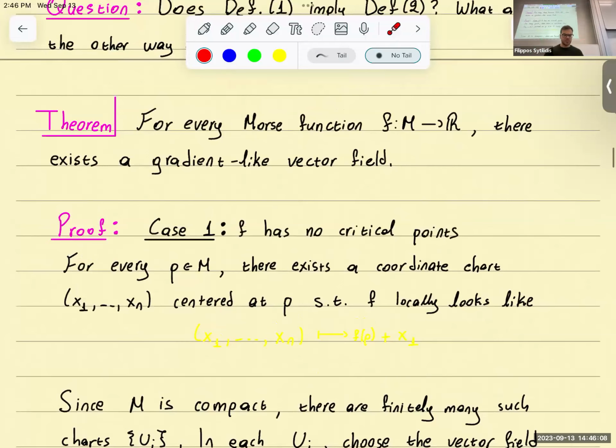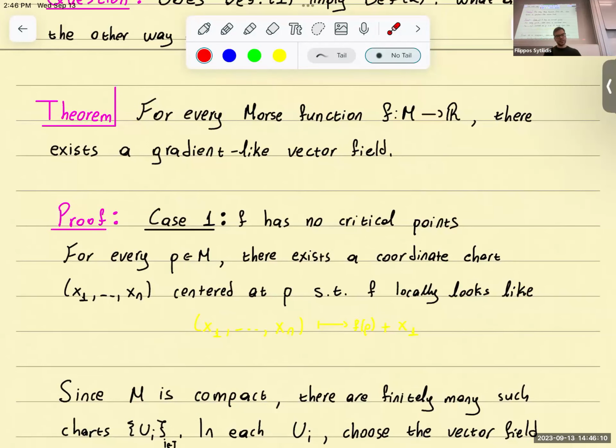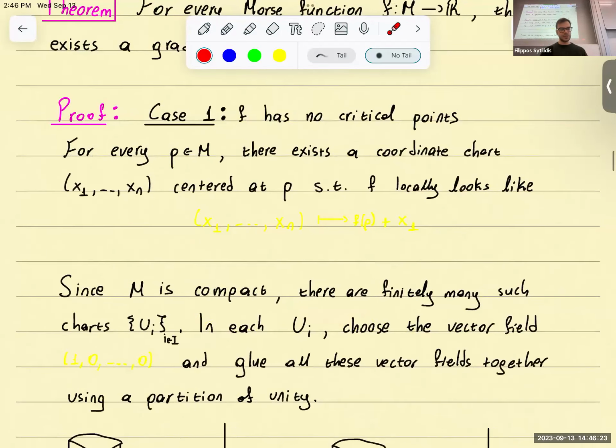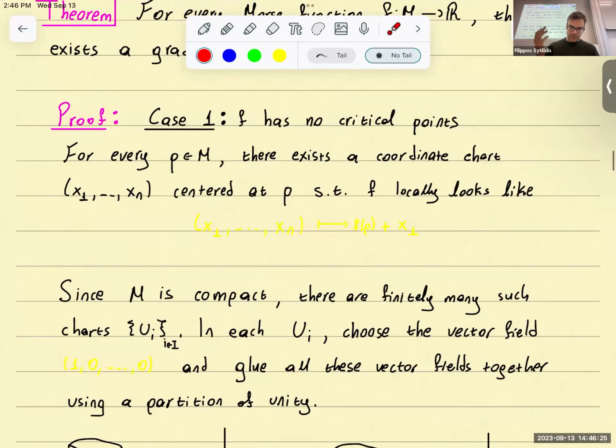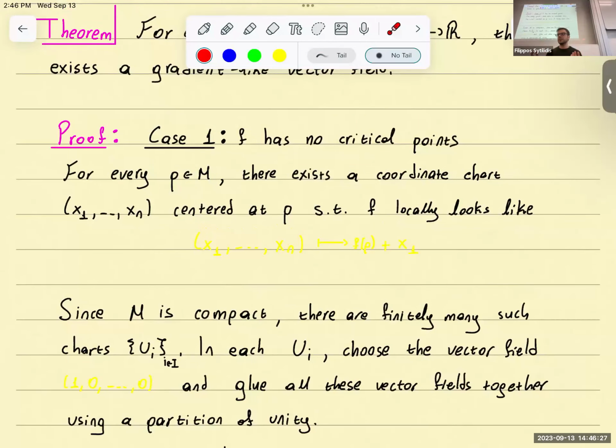No, I just wanted to maybe sketch an argument as to why every Morse function admits a gradient-like vector field. The proof basically goes as follows. There are 2 cases to consider. One case is if f itself has no critical points. If f itself has no critical points, I guess I won't really justify this, but locally I can always find